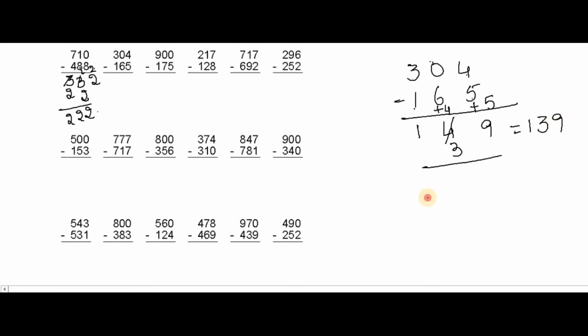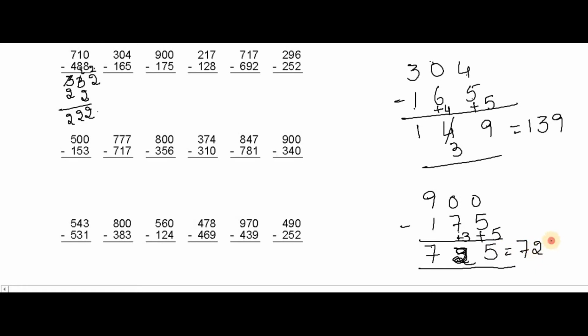Now we will solve 900 minus 175. As the place is not sufficient, I am copying the question down and writing my answer. So 9 minus 1 is 8. It is a mismatch, so we will write 7. And the complement of 7 is 3, so we will write 3 here. But as it is a mismatch combination in the second also, we should not write 3. And the complement of 5 is 5, so the answer is 725, right?